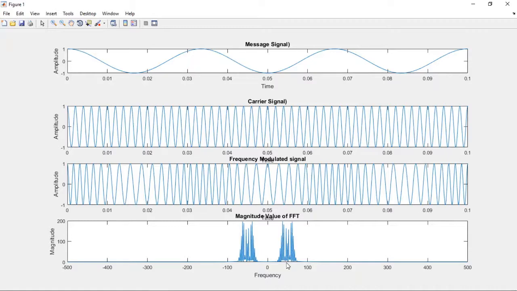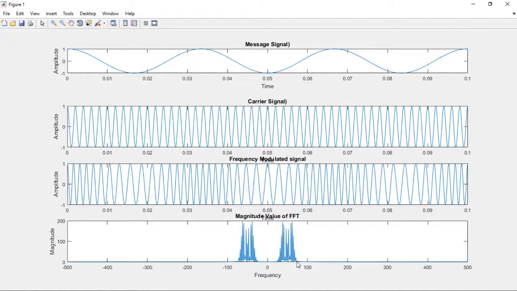Carrier frequency is existing, fc, fc plus fm, fc plus 2fm, fc plus 3fm, and so on. N number of side bands are there on the right side. That is the upper side band. Below fc, we have fc minus fm, fc minus 2fm, fc minus 3fm, and so on. Correspondingly, we have lower side bands. And we can take the significant number of side bands to calculate the bandwidth.